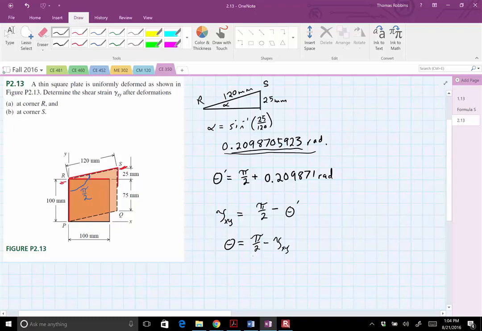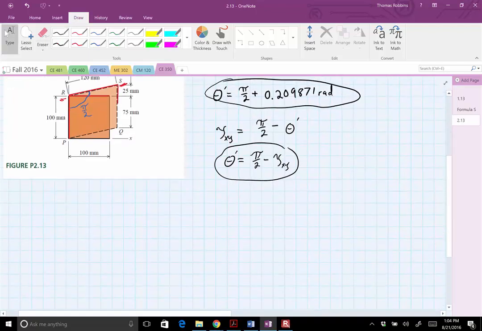Setting these two equal to each other, since they're both theta primes, we can state that pi over 2 minus gamma xy equals pi over 2 plus 0.20987 radians. Solving this for our shear strain, because these cancel,